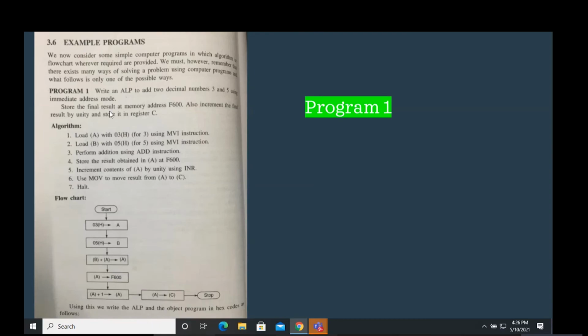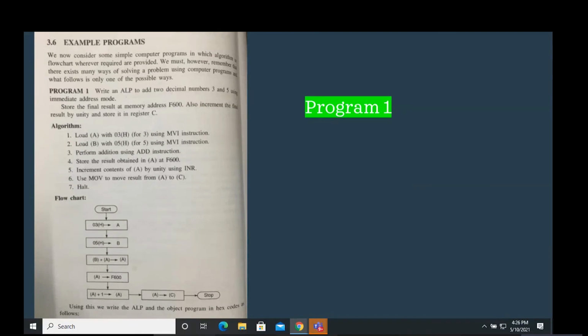Algorithm. Make it a practice to write an algorithm, which tells you the step-by-step process to really know what is to be done. Of course, it is not necessary for you to write it, but it really helps you. In your record also, if you want to write, you write. If you don't want to write, don't write. No problem. What I want is for you to have the program question very neatly written. Flow chart is a must, and of course, you will have to do these columns. So let's do this.